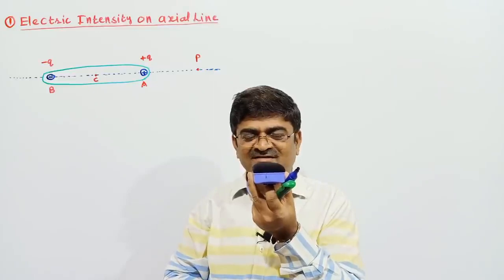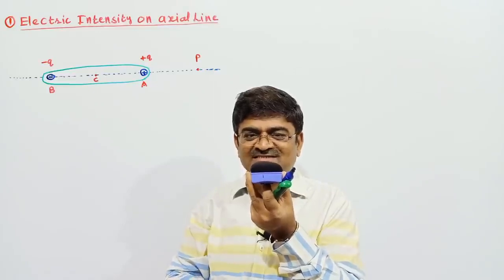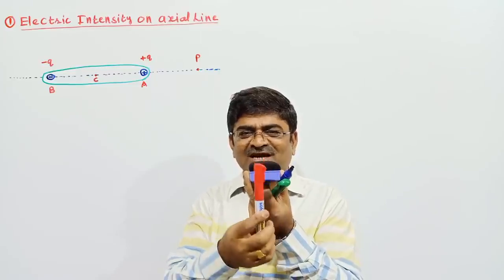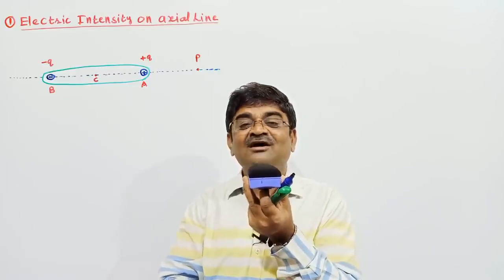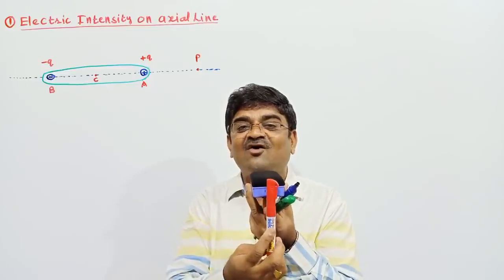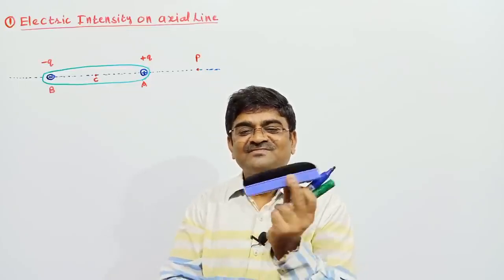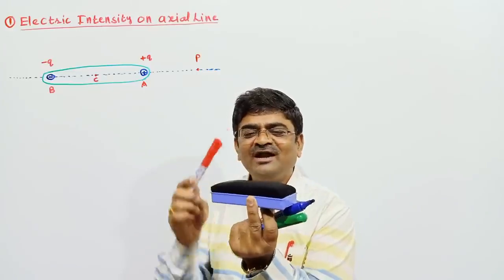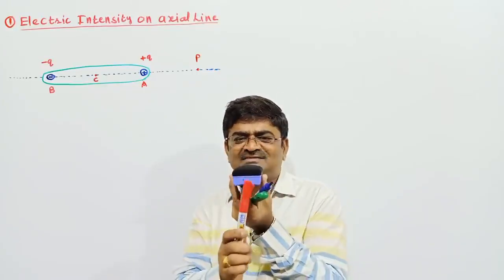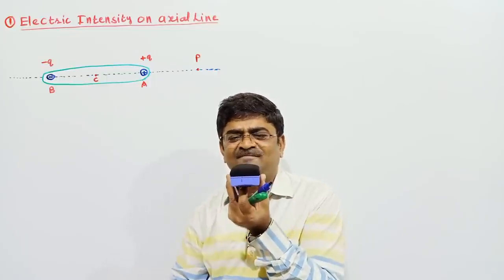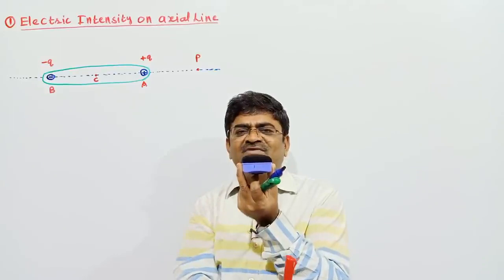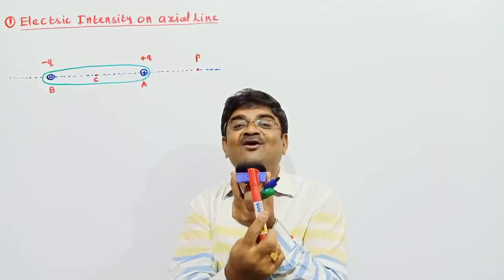Children, you can see this duster, with this face, with this side. I would name this as the end side arm. Like the dipole, you have the two ends. And when I hold it like this, being on the axial line, the observer on the axial line, what will he or she say? This is the end side arm position.